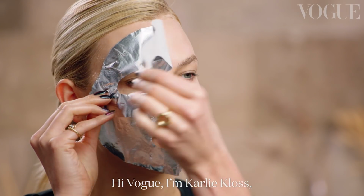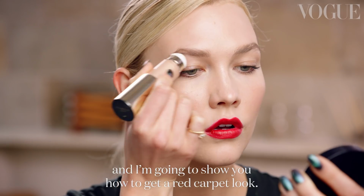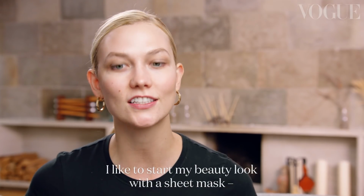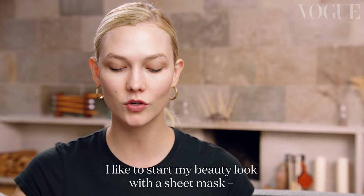Hi Vogue, I'm Karlie Kloss, and I'm going to show you how to get a red carpet look. Whenever I have a big event or a red carpet, I like to start my beauty look with a sheet